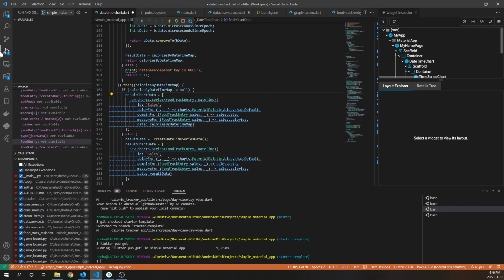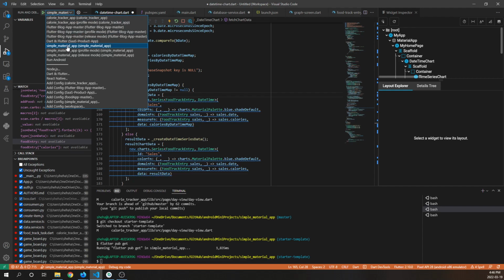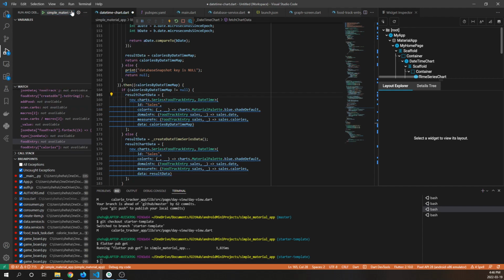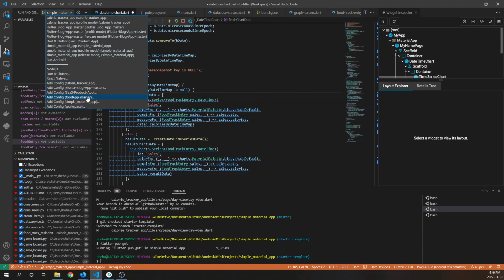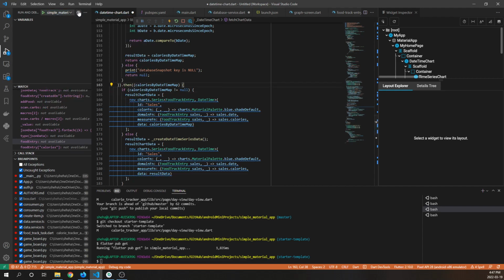So basically, to run it, if you're using VS Code, this is going to be pretty straightforward. Let's go to the Run and Debug tab. Select your project in the drop-down. So this is my project. If your project is brand new, then it's probably going to be over in the second list. Select that and